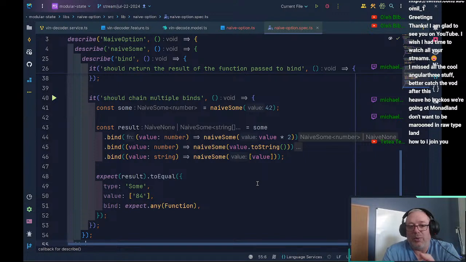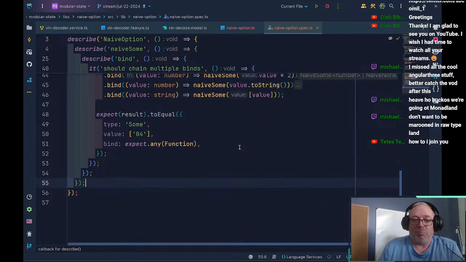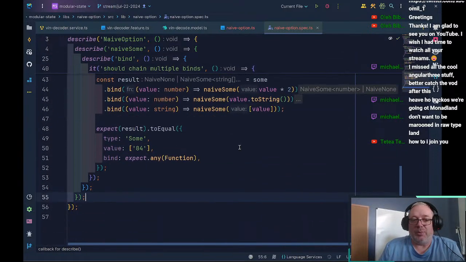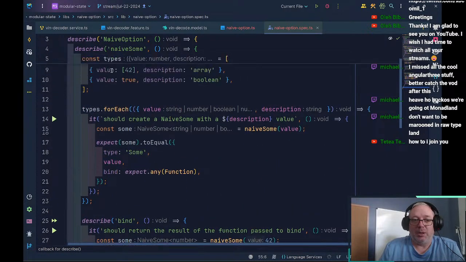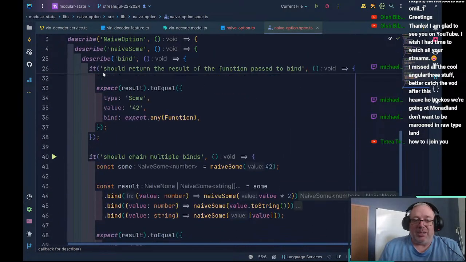And so, right, we've been using them. Collections are actually monads, so arrays and collections are actually monads too, which is crazy to think about. But there we go. So we've now tested our naive sum,